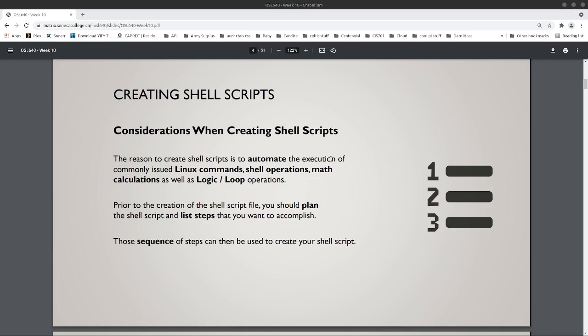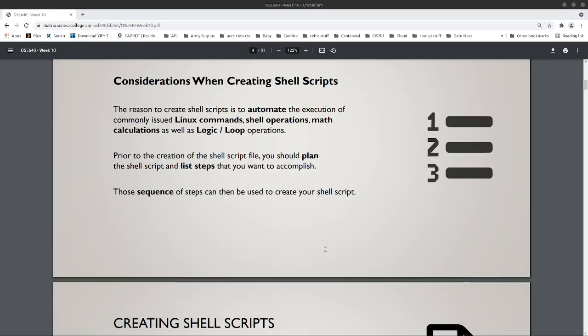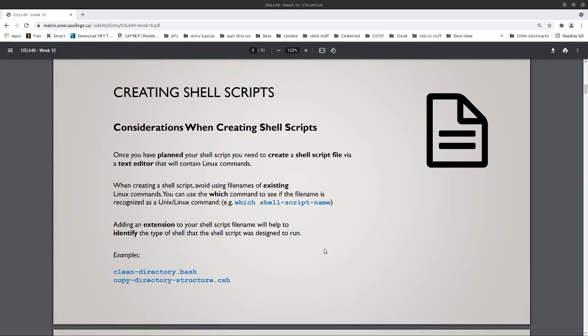Before you create a shell script, you should think about what you're actually trying to do and maybe plan out your steps a little bit. And the sequence of these steps can be then used to create your script. So once you've sort of planned things out and you've thought about what it is you're going to try to accomplish,